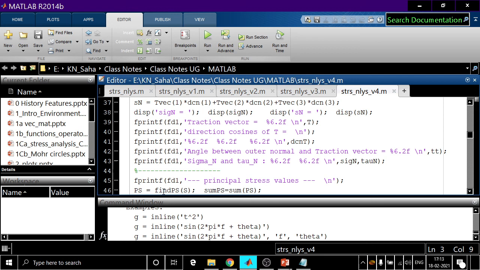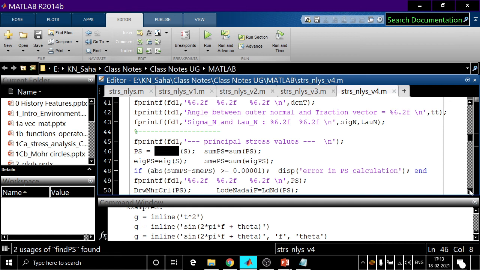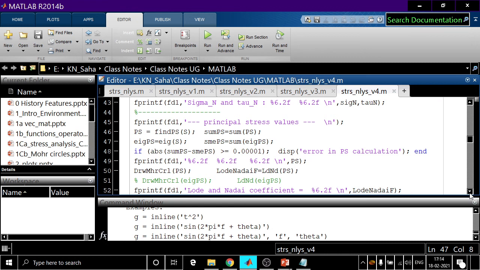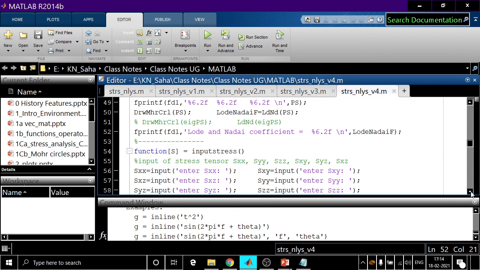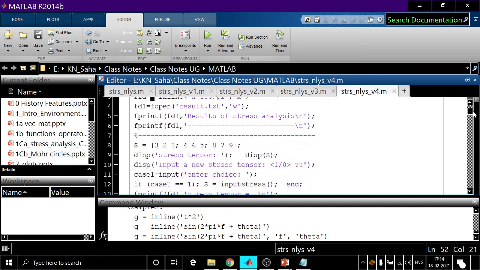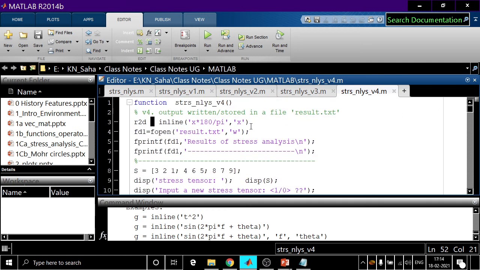We calculated principal stress from the function find principal stress, also from the eigenvalue analysis. And then we drew the Mohr circle and calculated this factor, Lode and Nadai's factor. This is the variable where it is stored. So that is written in our file. So this part explains how to store your data in an output file. Okay, this is clear.